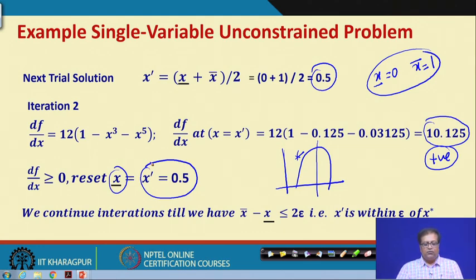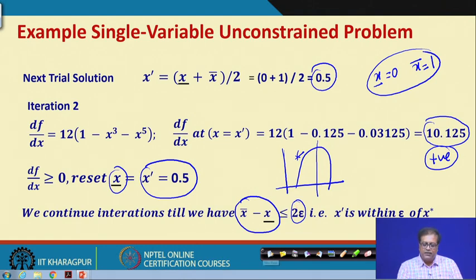So, if we continue our iterations, we can have further iterations, and when do we stop? When we see the difference between x bar and x underline is within 2 epsilon, right. That means x dash will be within epsilon of x star, that is the optimal, right. So, that is how we continue the process. So, all of these